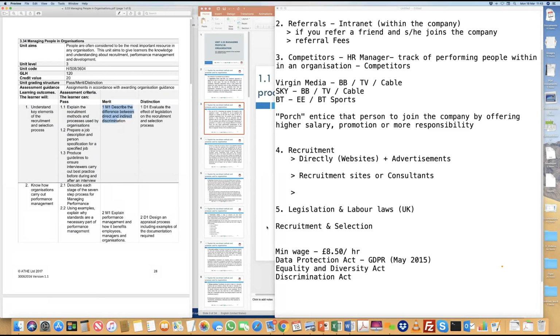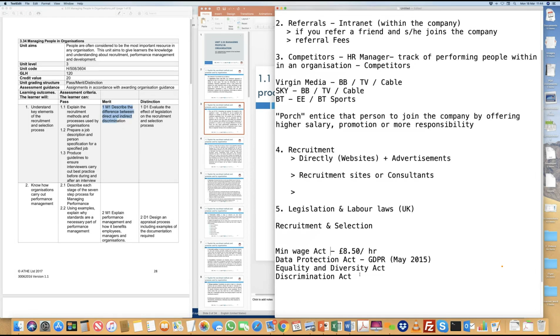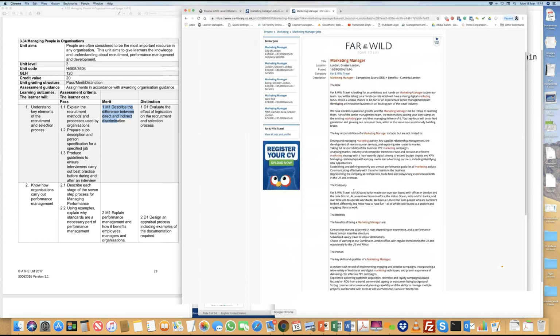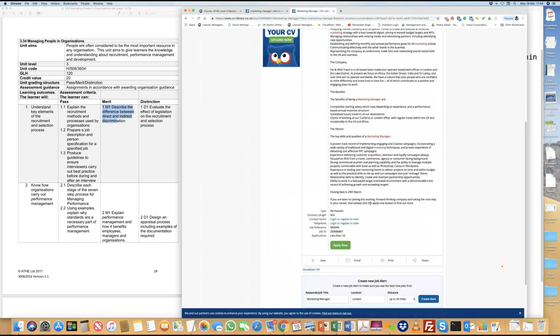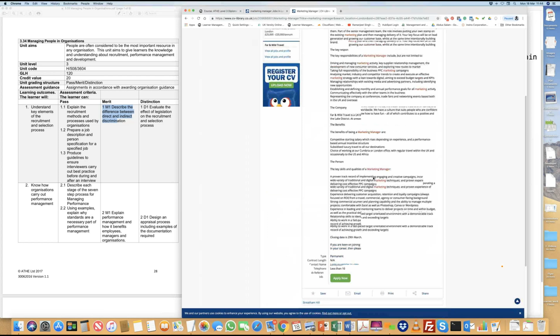in terms of understanding what are the various key legislation that we need to look at, is the Minimum Wage Act. We need to look at Data Protection, Equality and Diversity, and we need to look at the Discrimination Act. Now, these are various legislations that the HR person needs to be aware of when they put out a job advert. So if we go back to this job advert here, as you can see, they would have mentioned things